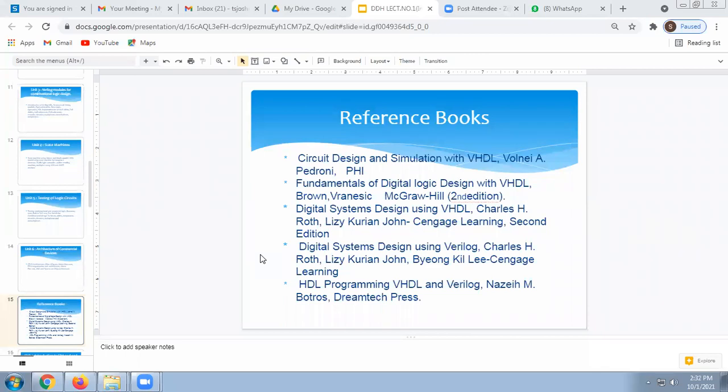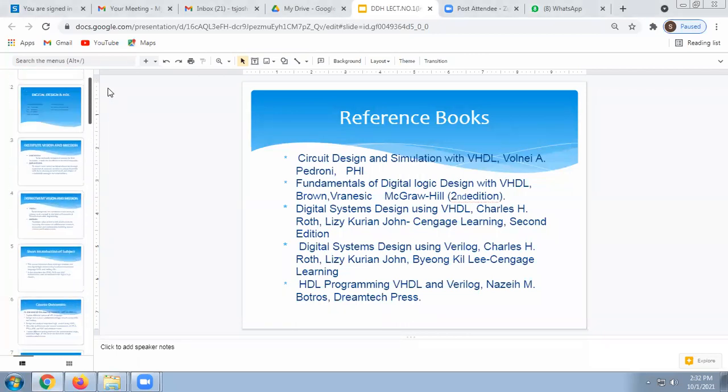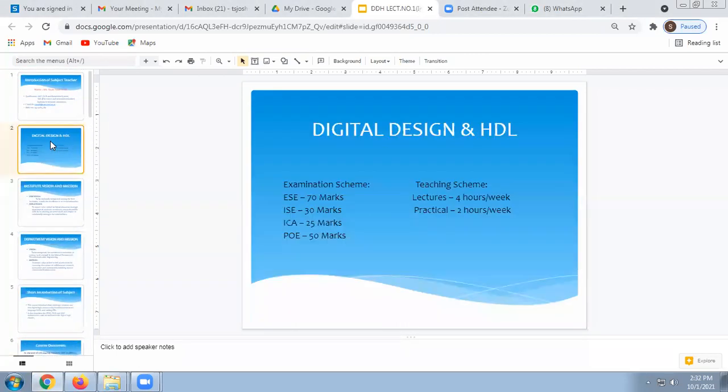See, up to now I have not started unit number 1, but I have already introduced this subject. Can you tell me the meaning of HDL? Very high speed integrated circuit hardware description language. Okay, that is VHDL.